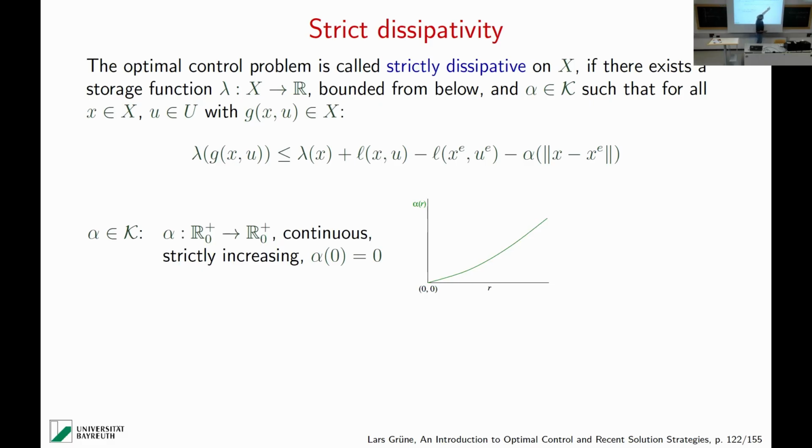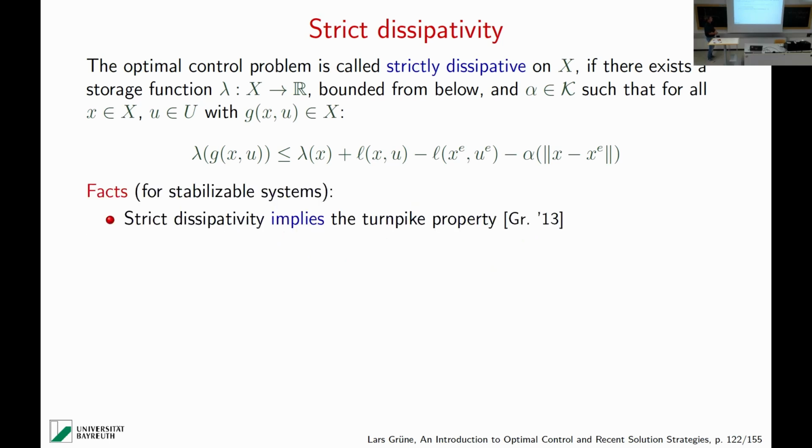So this function is negative unless x is equal to the equilibrium. You can see there's some kind of energy dissipation, but of course in many applications it doesn't have to do anything with energy. It could also be profit or capital or any other quantity, but it comes originally from physical energy considerations. And the facts are that strict dissipativity implies the Turnpike property,